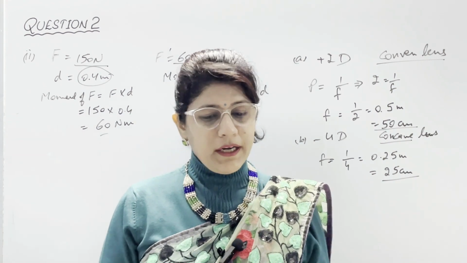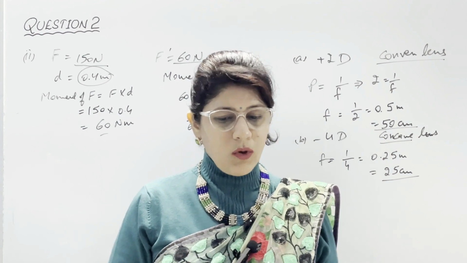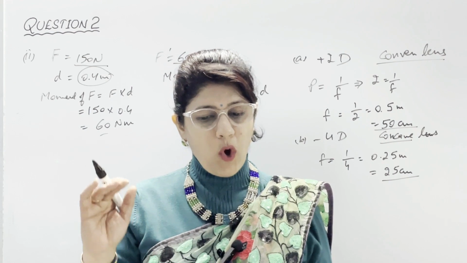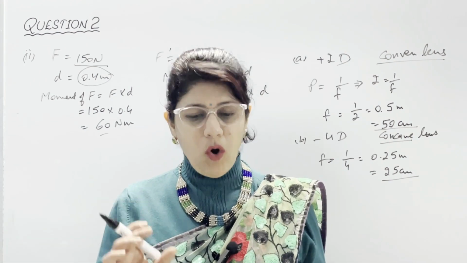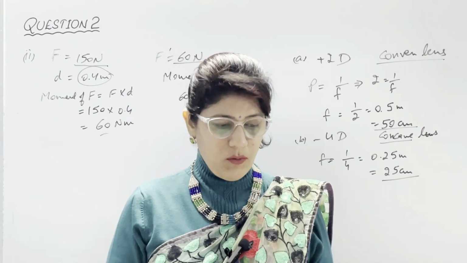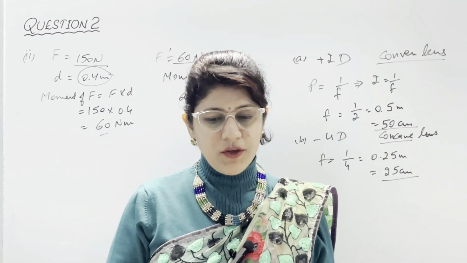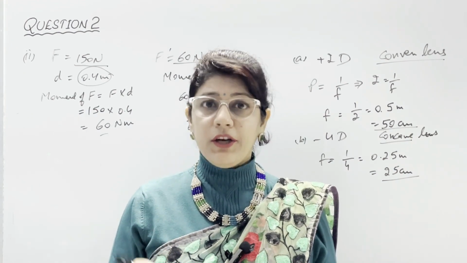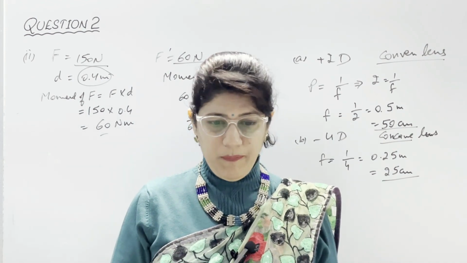In fifth part, identify the following wires used in the household circuit. A, the wire is also called the phase wire. This is live wire. B, the wire is connected to the top terminal of a 3-pin socket. This is the earth wire, the bigger and longer pin. Sixth part, name of the waves used for echo depth sounding, and these are ultrasonic waves. Next, give one reason for their use in echo depth sounding. The reason: they can travel undeviated through a long distance, or they can be confined to a narrow beam.